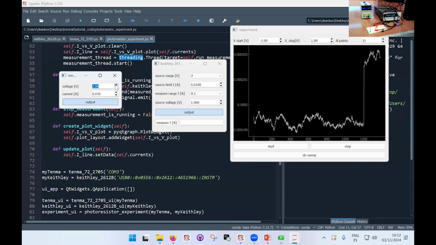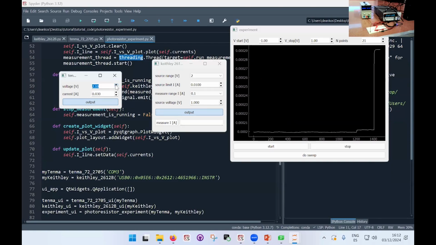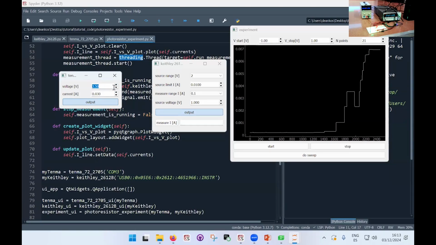So there's a little bit of light coming in, and now as I keep increasing it, I can change the current. Okay, so I can keep going, and that's basically my experiment done, pretty much. I can keep increasing, and then at some point we'll reach the compliance that I've set. So you see that now it's not increasing anymore